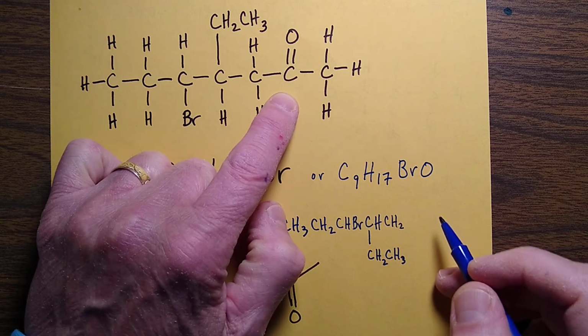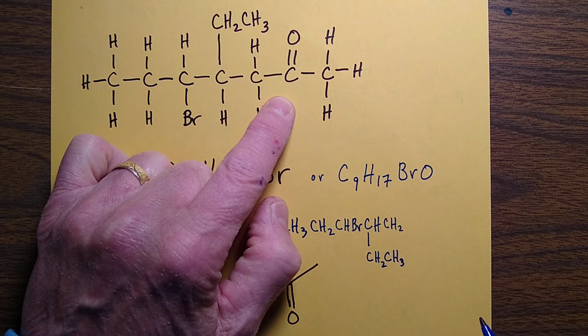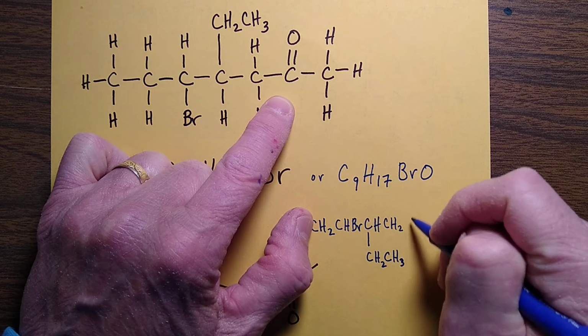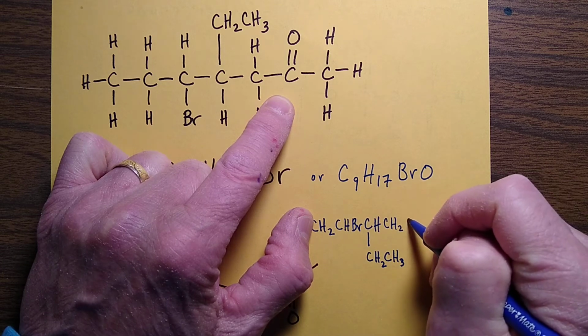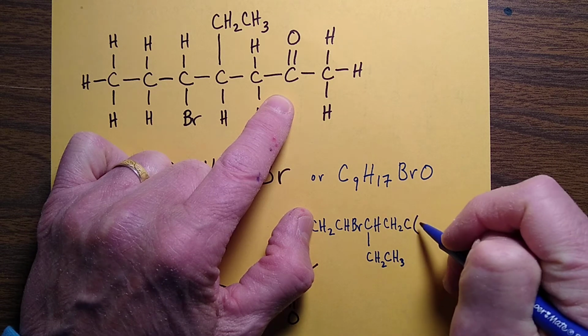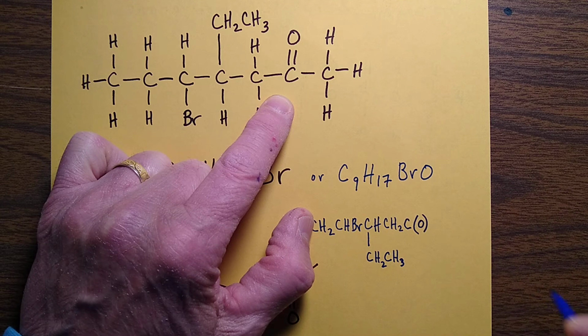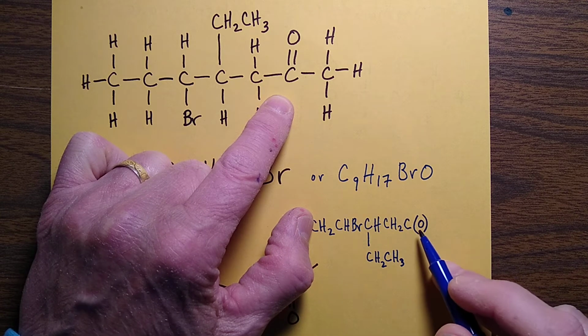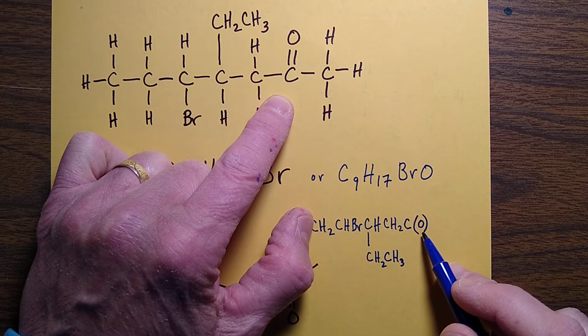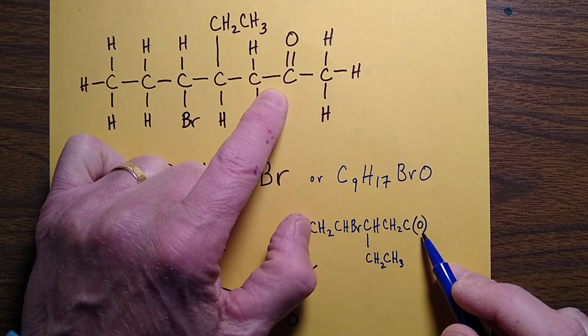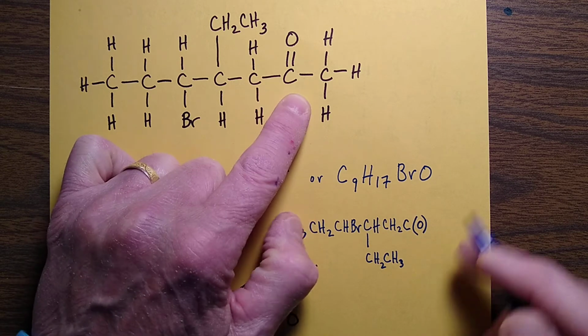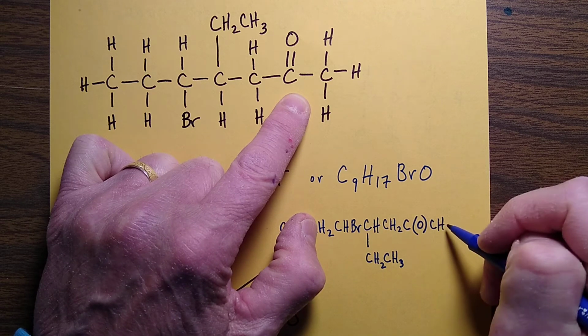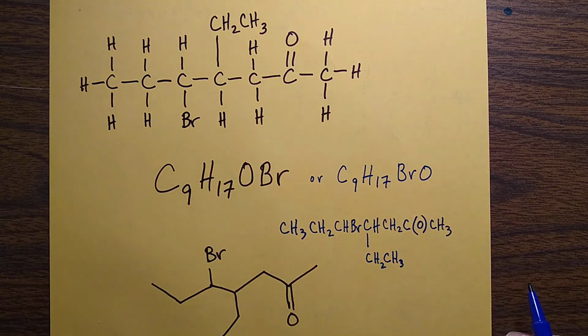And then we have this carbonyl group. How do we draw that in a condensed structure? You can either draw it out, C double bond O, or you can do this, as I mentioned earlier: put the oxygen in parentheses. You have to do it like that to distinguish that this is a carbonyl carbon, a doubly bonded oxygen, versus an ether, which is a singly bonded oxygen, and then CH3. So there would be your condensed structure of this molecule,